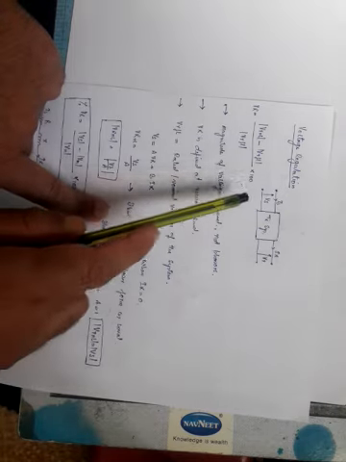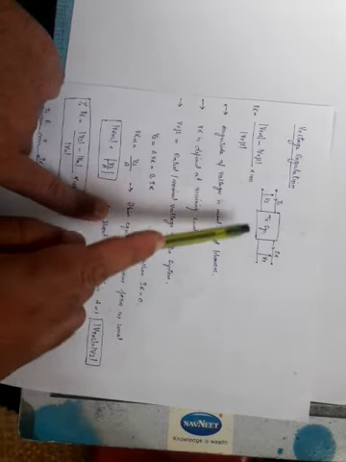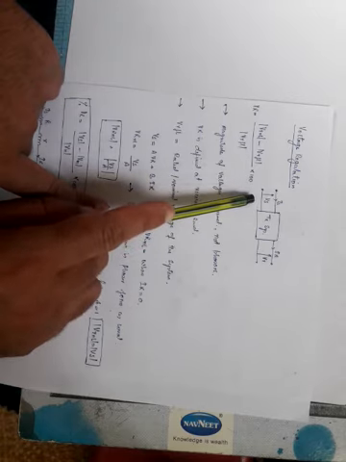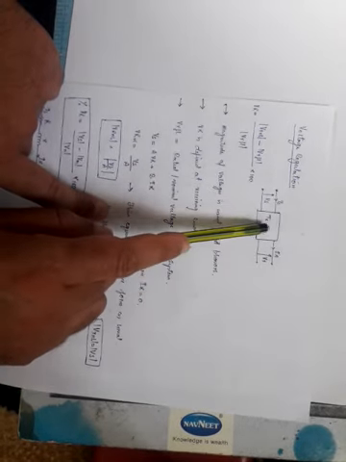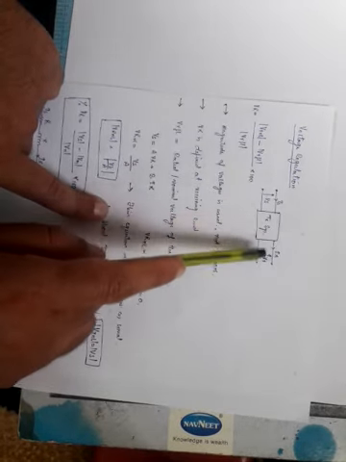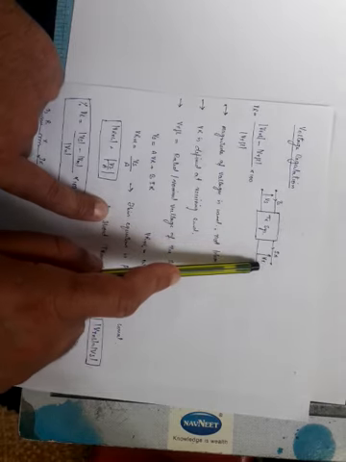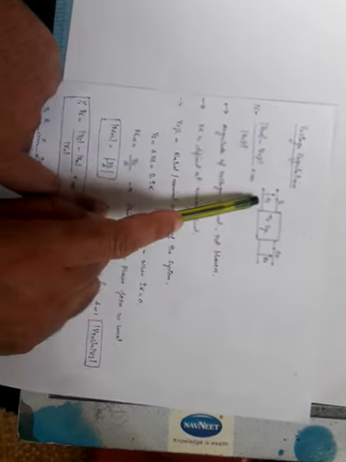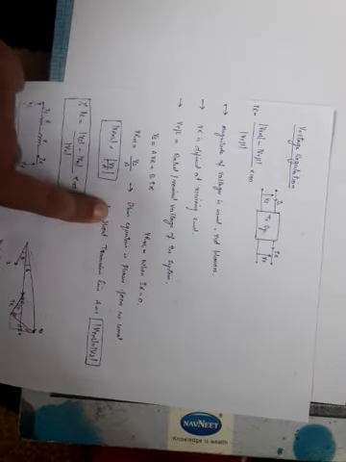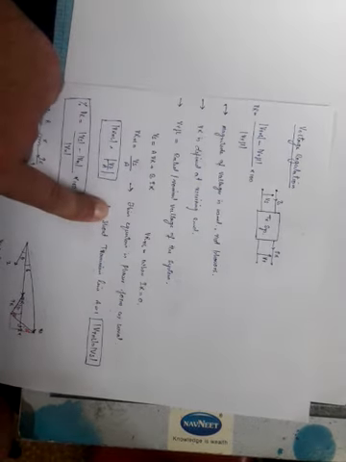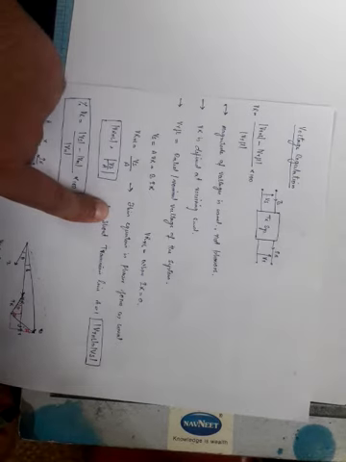Another reason is that Vs, in an ideal case, will not change whether the load changes or not, because the voltage drop in this transmission network will be there. It results in the voltage drop or voltage rise of Vr, but this Vs will remain as it is. So the voltage regulation or voltage change will not be there from no load to full load in case there is no internal impedance.